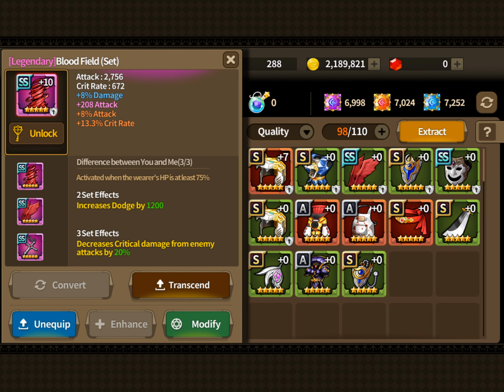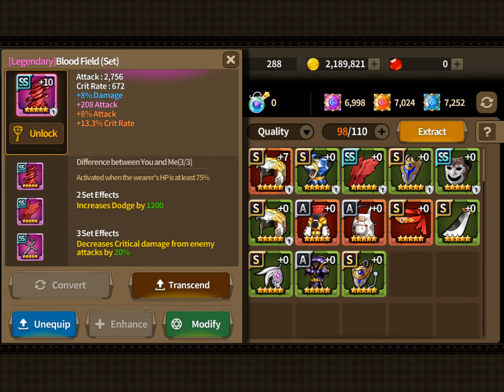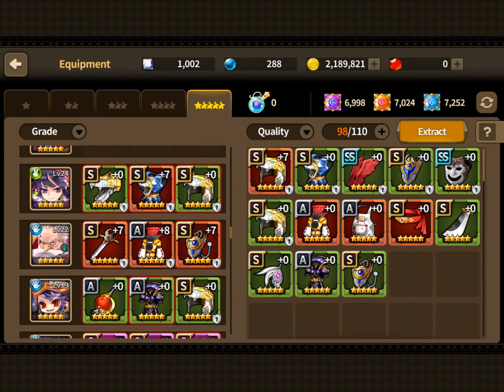The decrease in crit damage from an enemy by 20% is OP. Now, if they took off the restrictions on this, it would actually be a really good set for Dom. Fantastic, it'd be beautiful. It's still a pretty good set for Dom, actually, because of the dodge. So it's not bad. So I'm going to take this bow right here, and I do have a couple extra